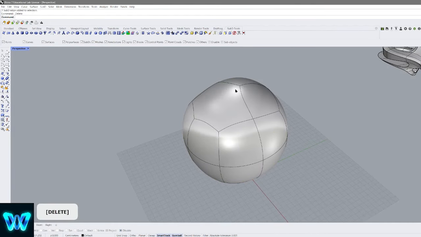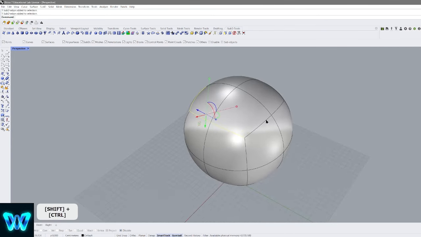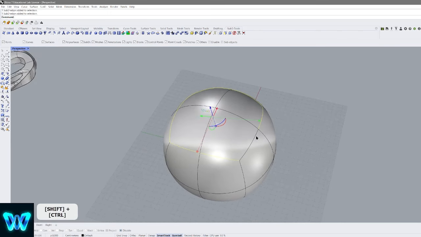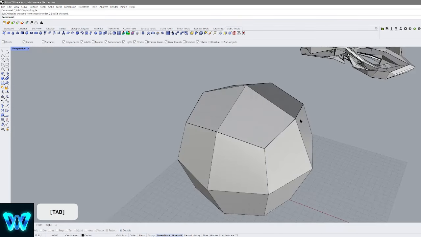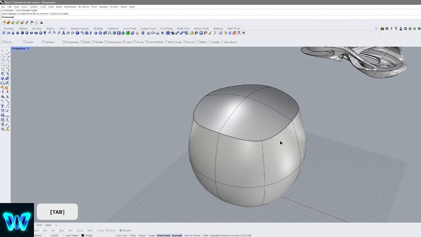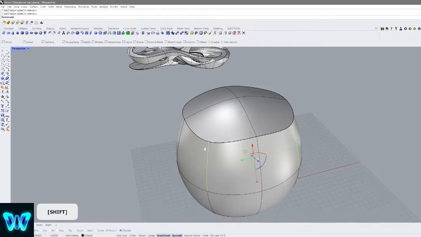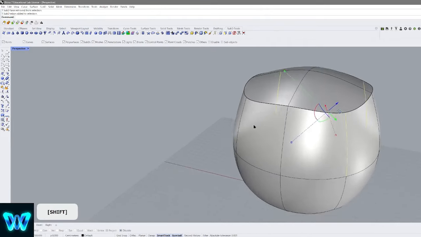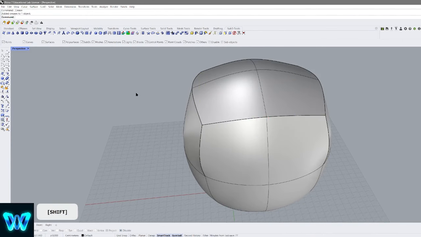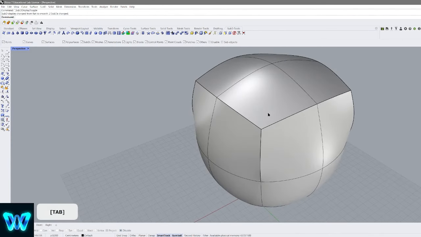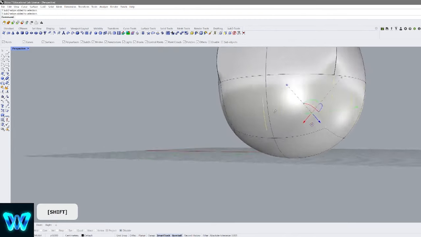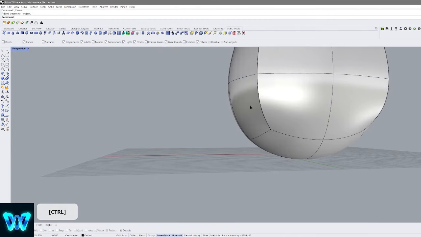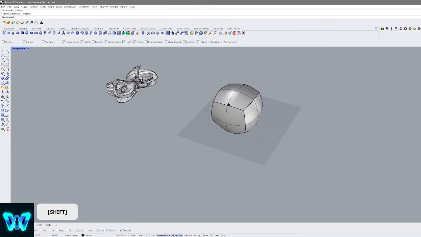So for example, the moment I make this whole thing creased, now you see that everything is trying to get back to its original state of polygonal form. And if I keep creasing things slowly, you will see that even clearer. You see that this is just trying to get back to that form. But it's nice because it interacts nicely with the curve forms. So yeah, creasing and non-creasing,